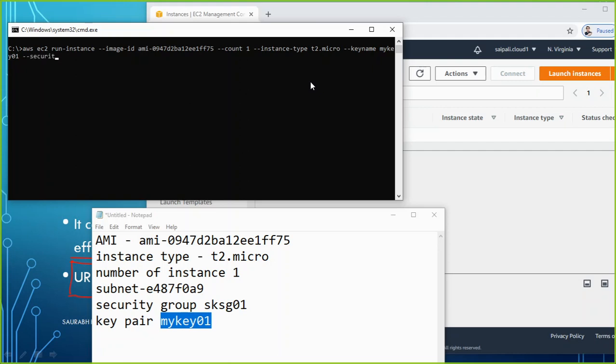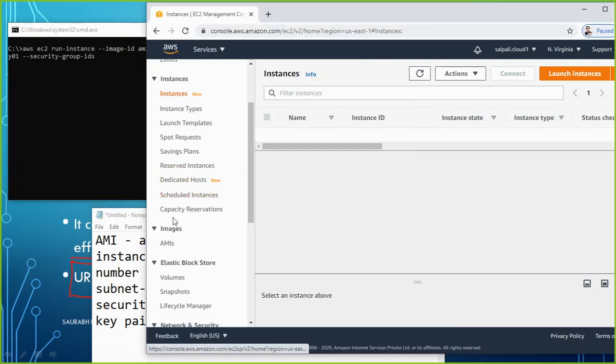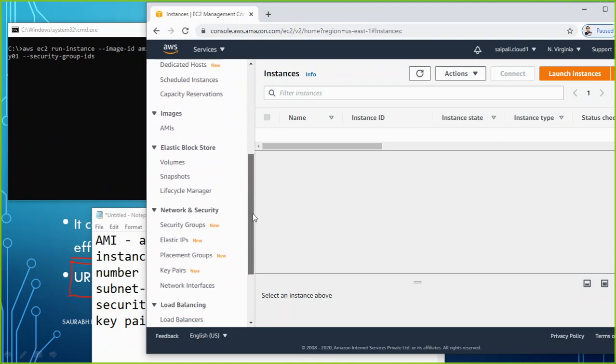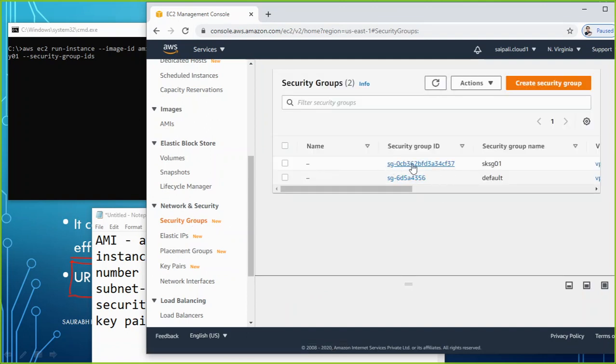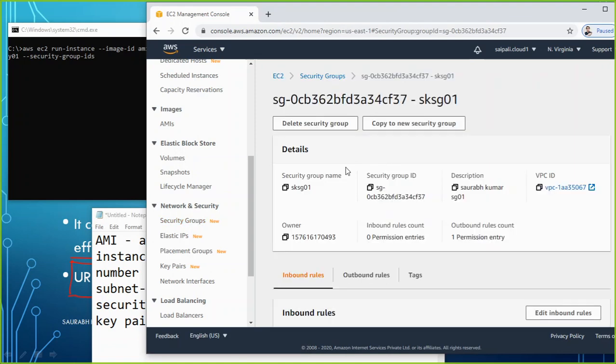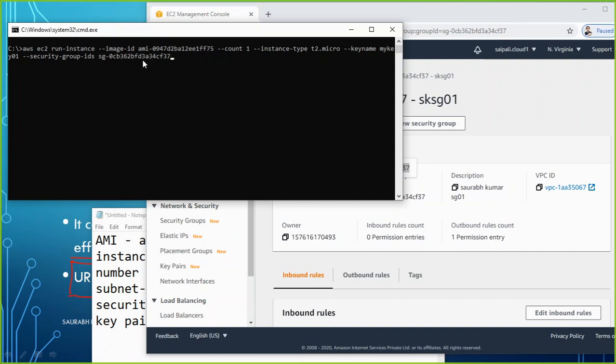Now next thing I have to also mention here, that is security group. So security group ID. Actually it looks for the ID. It works on the basis of ID. So what's the security group ID? Let me check. I could have run actually in the command prompt itself, but let us check first in the graphic. So security group, and for this security group, this is the ID. So let me just copy this group ID, and I paste. This is the security group ID, a space.